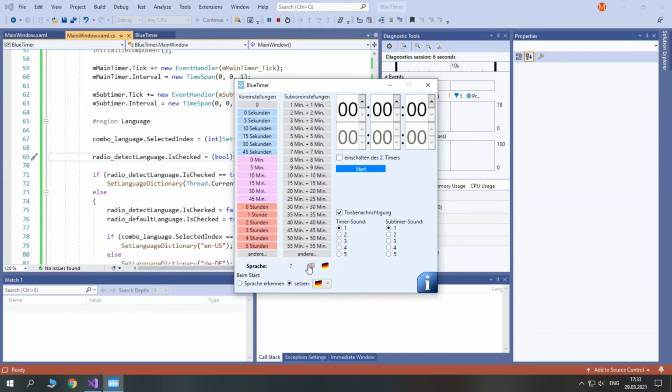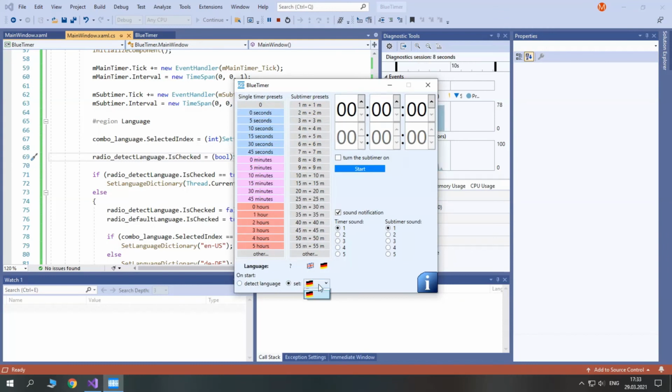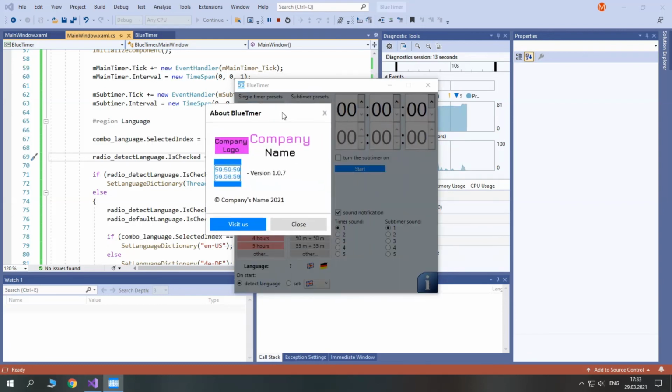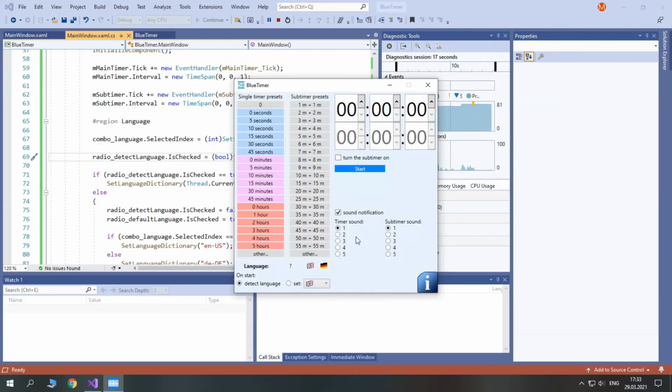SAC is German, back to English. So our about window, our different sounds, for example 1 and 2, let's hear them both.